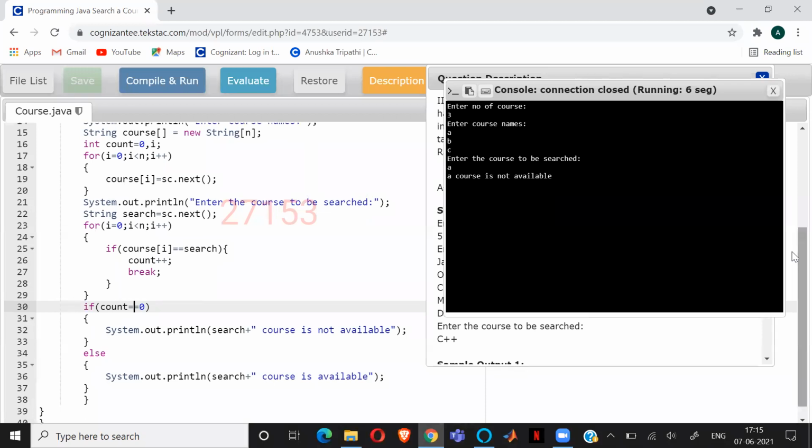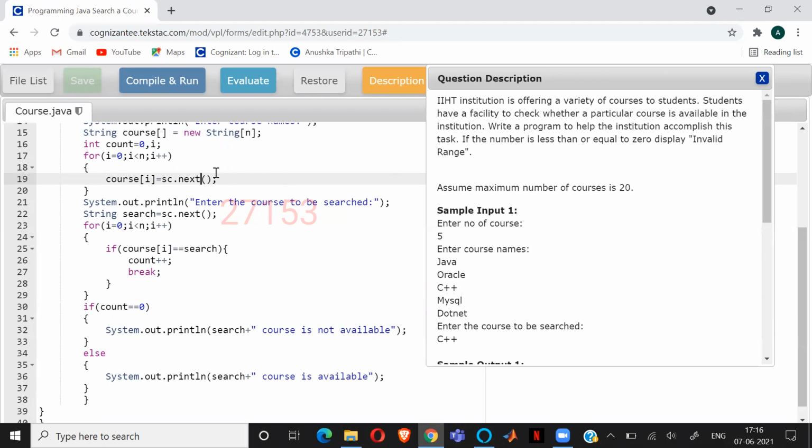So here when i is equal to 0, i is less than n, that is your 3, and i plus plus, if course i is equal to search. And here you type it, course i is equal to sc dot nextLine. Small you type, line.